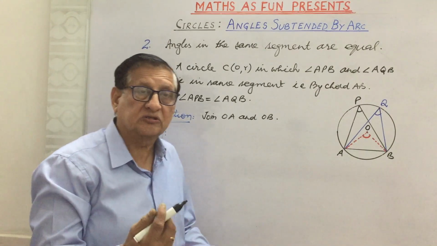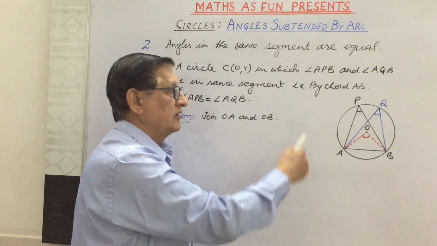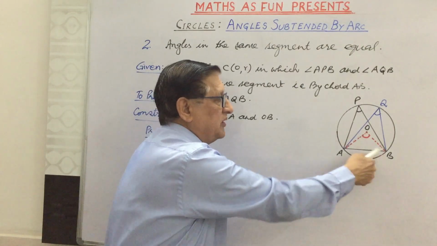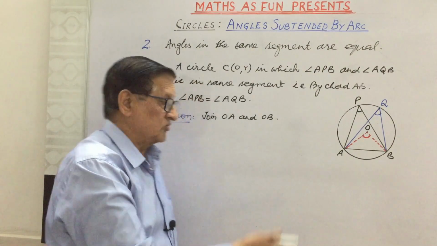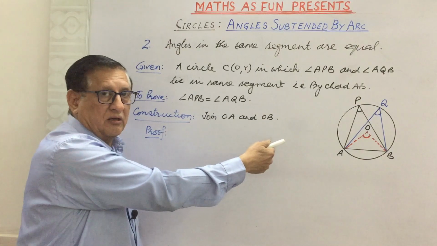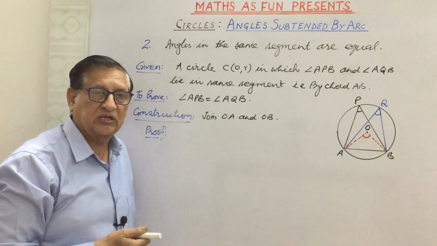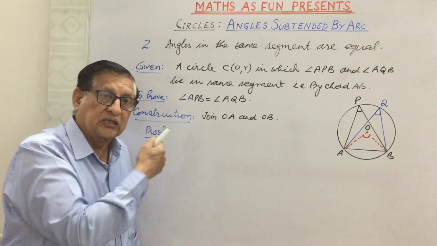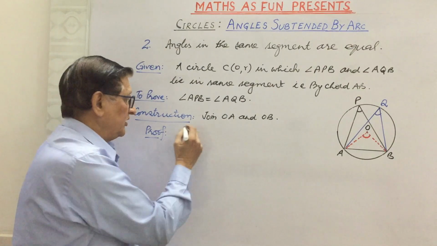Now you can think what construction we should do. We can subtend an angle AOB by the same chord AB at the center. So we write the construction, join OA and OB. So joining these we get an angle AOB at the center. Now the proof. In the proof we will quote that theorem which we have learnt just now,